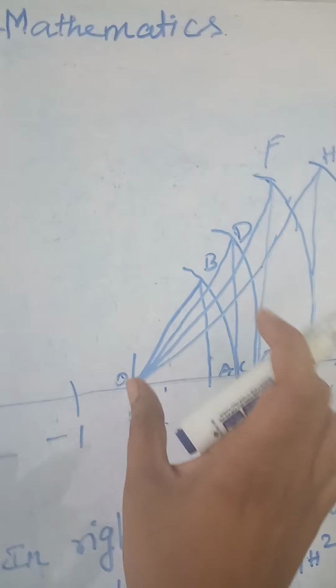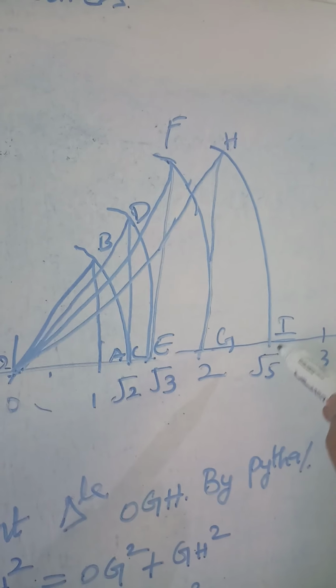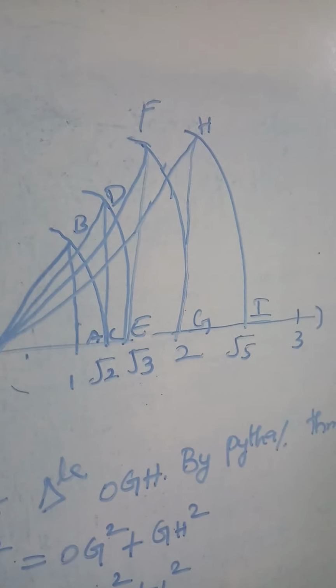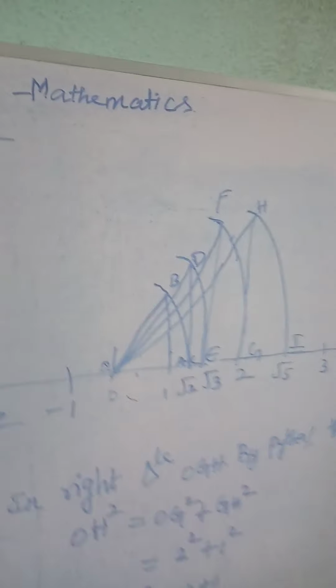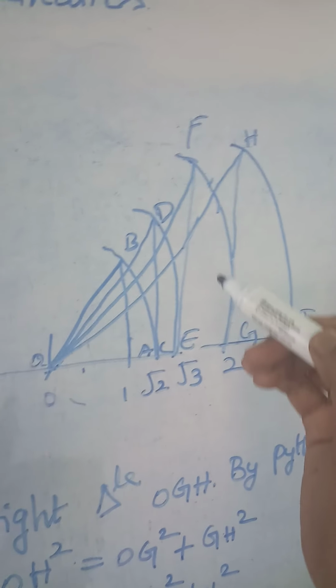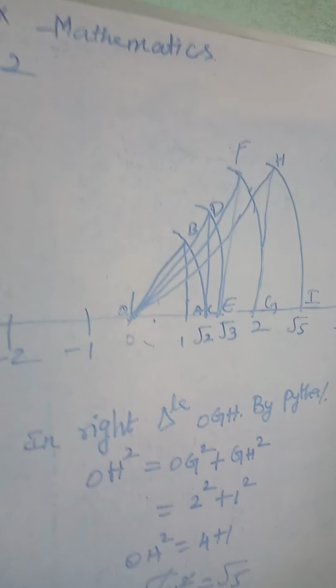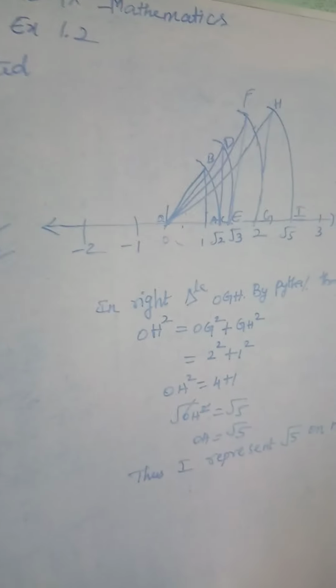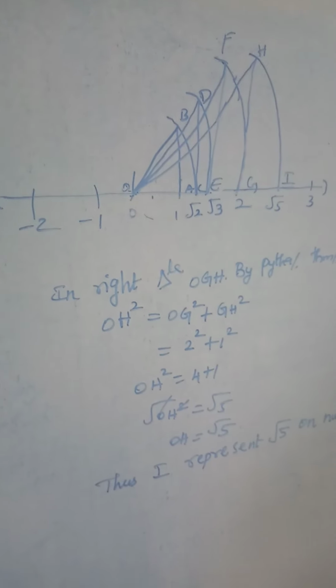Now we have to keep our compass needle here and pencil tip here. We should draw this arc here. So we found root 5 here. So we drew root 5 on the number line at the point I. Understood children? Here I am not using any scale and compass, children. This line may differ, isn't it? But you have to use scale and compass for a proper diagram, children. I hope you have understood this. You try it at home. Use scale and compass to draw these, children. Thank you.